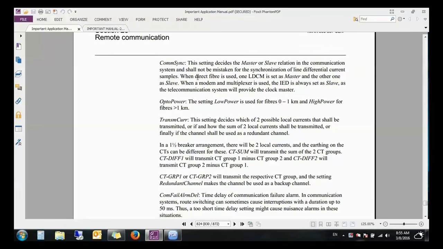Okay, so it tells you if you are using direct fiber, you put one master, and the other is the slave. So one of them is the one doing the synchronizing in the line differential current sample and mastering the other. This means one is the source and the other is the slave. So the source is the one that adjusts and knows in the guide how much and knows everything. And it does the synchronizing in the communication and sends to the other, telling it you will do this and I will do that. So one is the source and the other is the slave if you choose. So one side and the other side. What if you are using